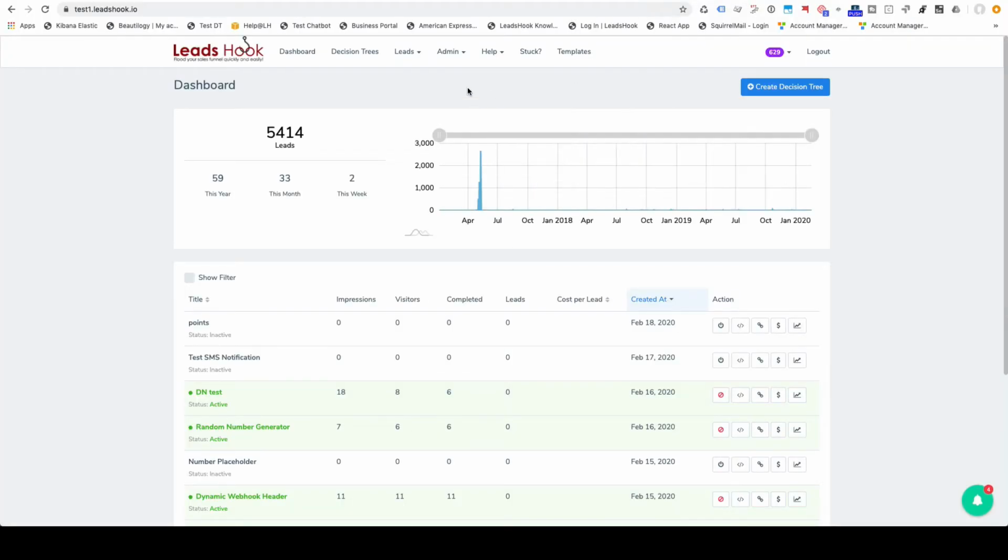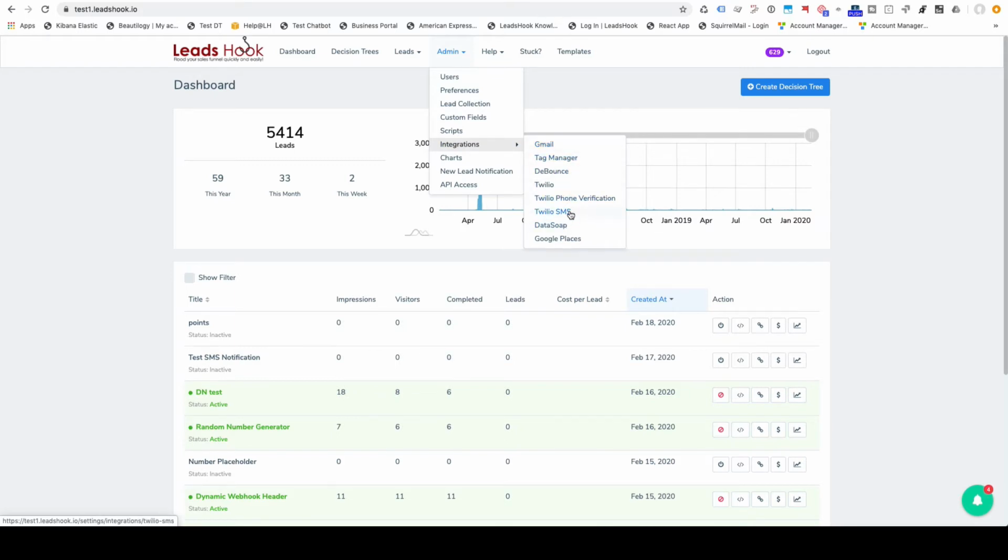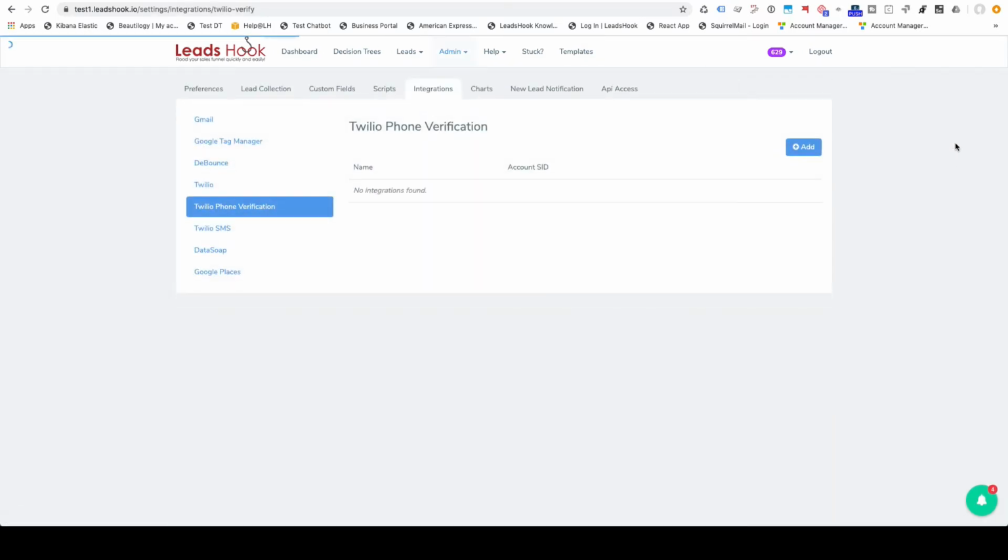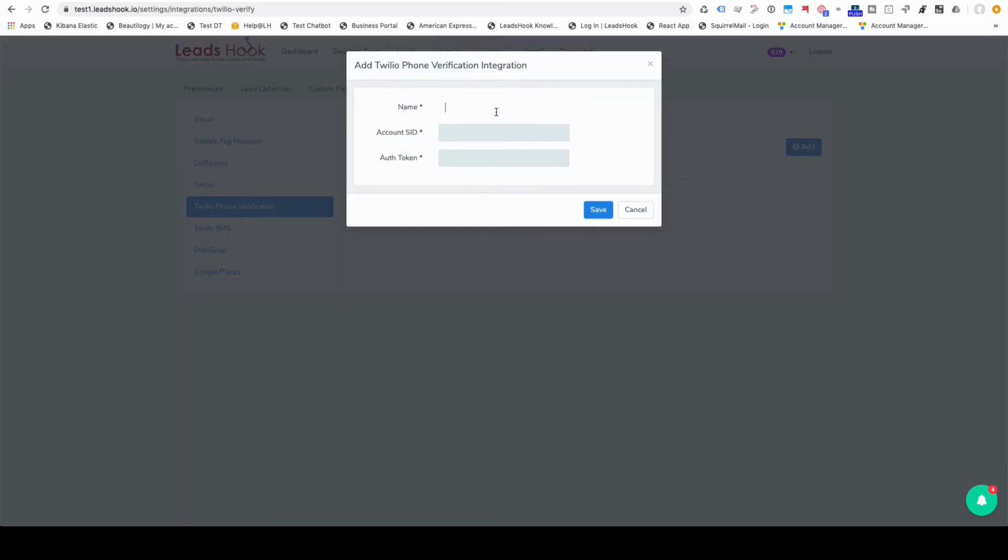Now inside LeadsHook, you want to go to admin, integrations, and you want to do this one here, not SMS, but this one here, SMS. It's a new feature coming up, but not quite yet. So Twilio phone verification, and you're going to go ahead and click add. And I'm just going to use the same name, which is LeadsHook phone verification,